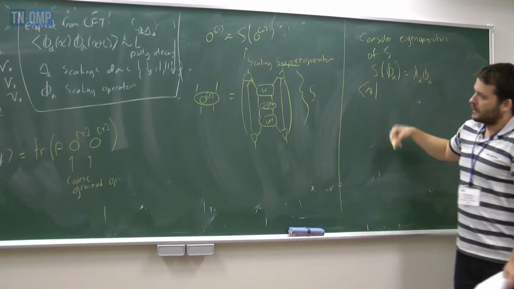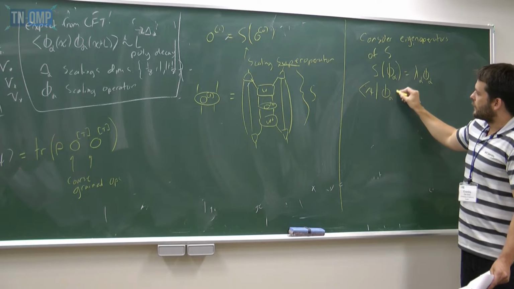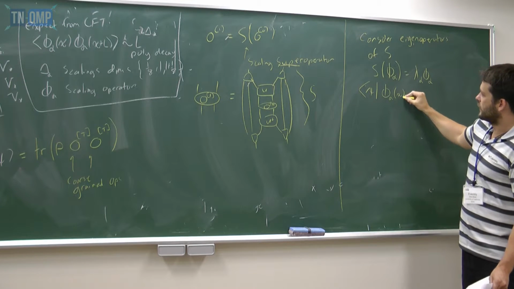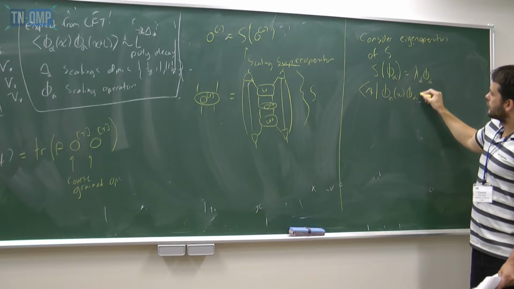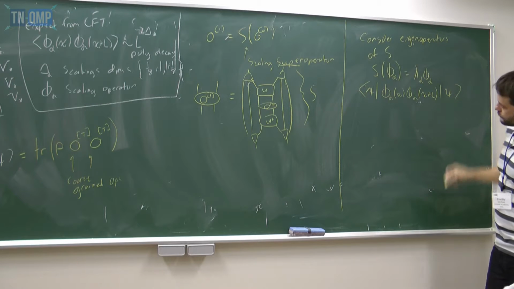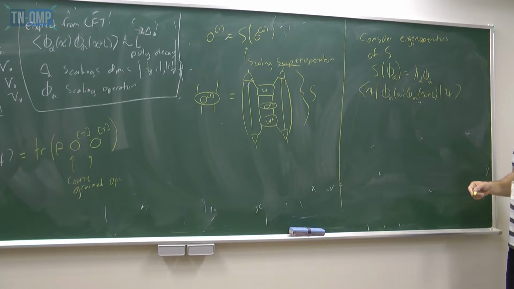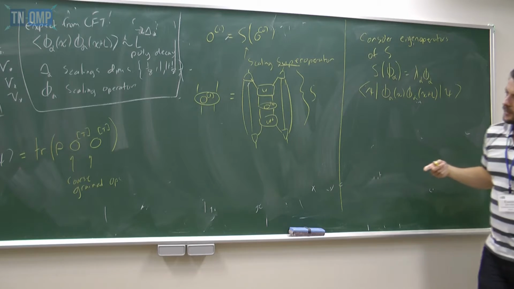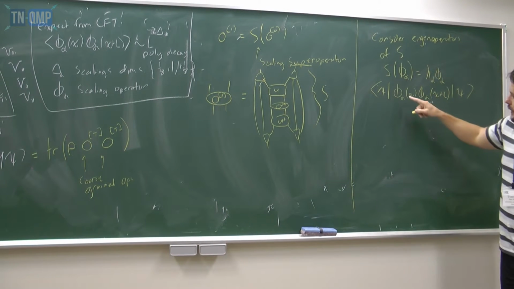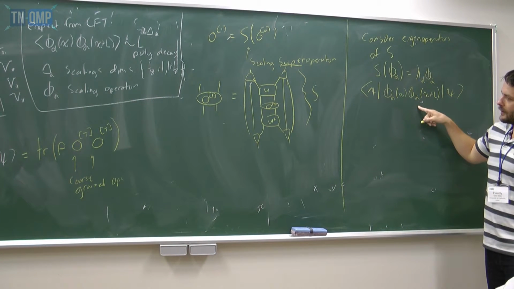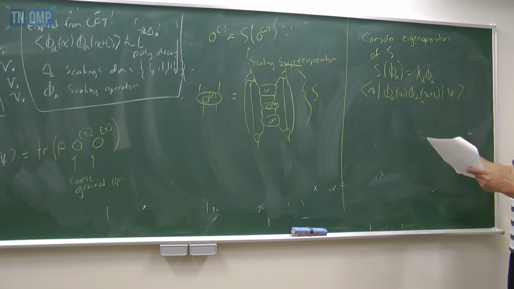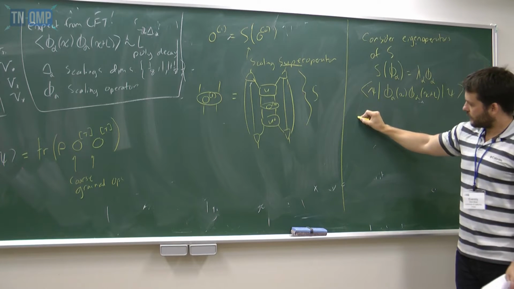Let's consider in a MERA what happens if we evaluate two scaling operators, one at position x, one at position x plus L. As we saw before, in order to evaluate this, I should apply my scaling superoperator log L times to this guy, log L times to this guy separately, and then I'll get something I can evaluate up to the constant. So this equals,